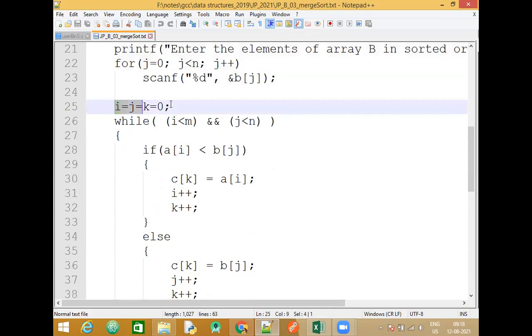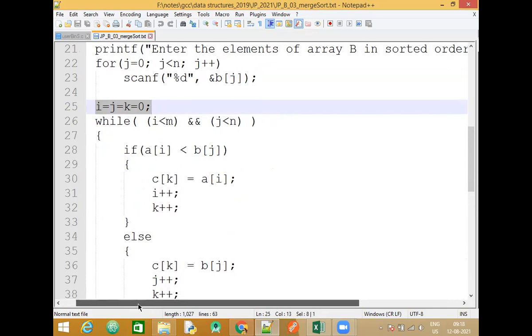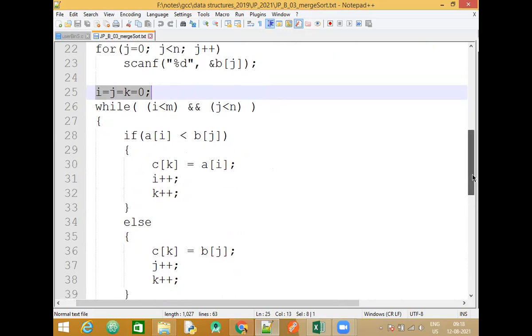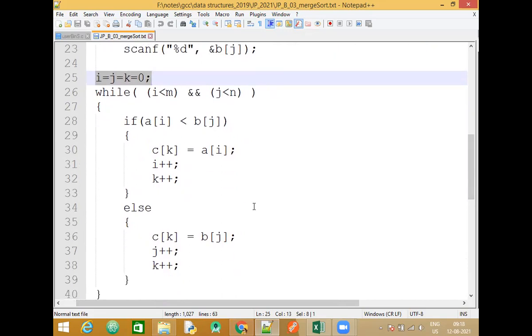Now, here we will initialize all those three variables I, J and K to 0. Fine. We'll begin with the tracing simultaneously. I just want you to have a look here. Look at this slide. Just have a look at the code.